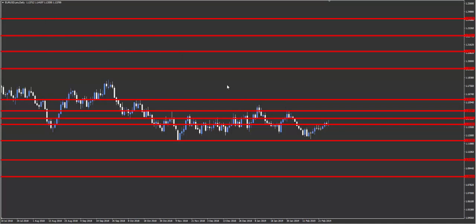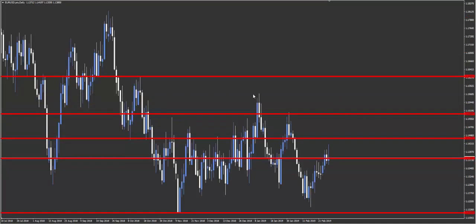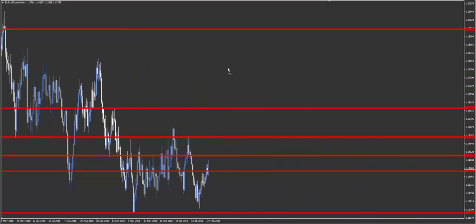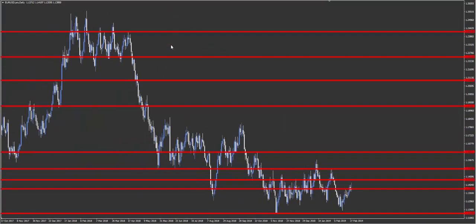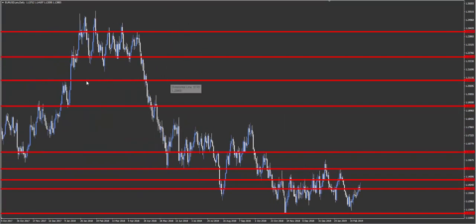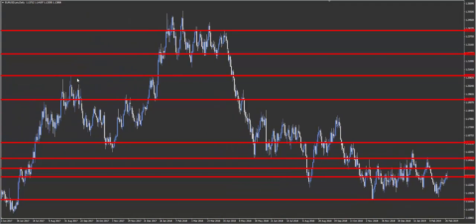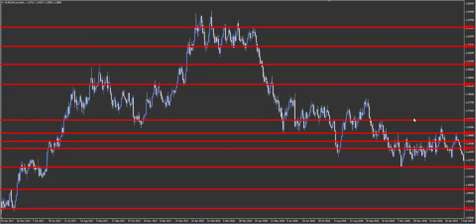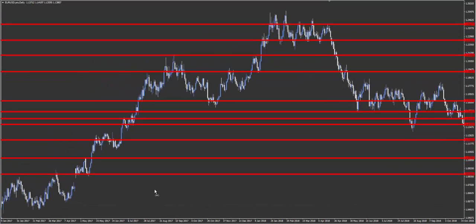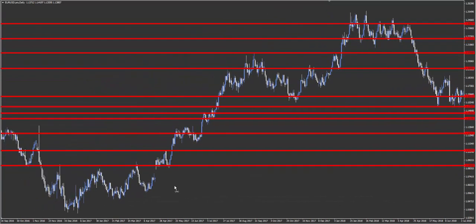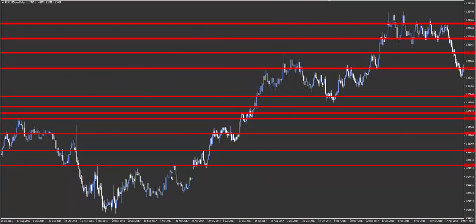Now, if we go back and look through this chart properly, let's just zoom it back a little bit, you'll be able to see that these random lines that I drew somehow have been bounced off of, treated as support and resistance. Now, how could I have possibly known that? I've not memorized price levels here. I just threw these lines up wherever, underneath current price, above current price. Somehow, I've managed to pick turning points with really remarkable accuracy there.